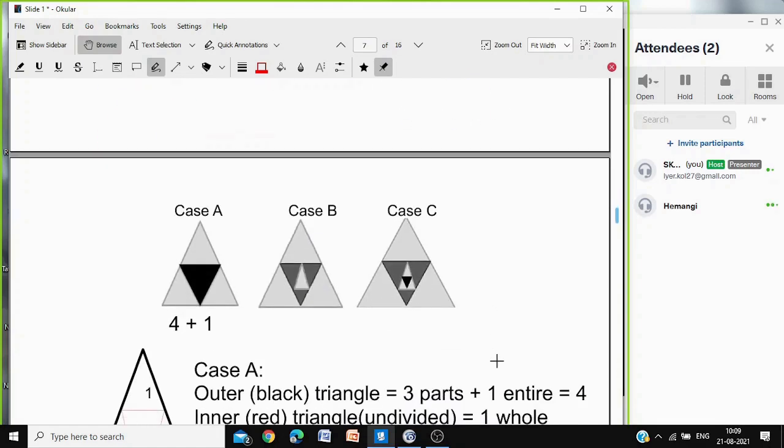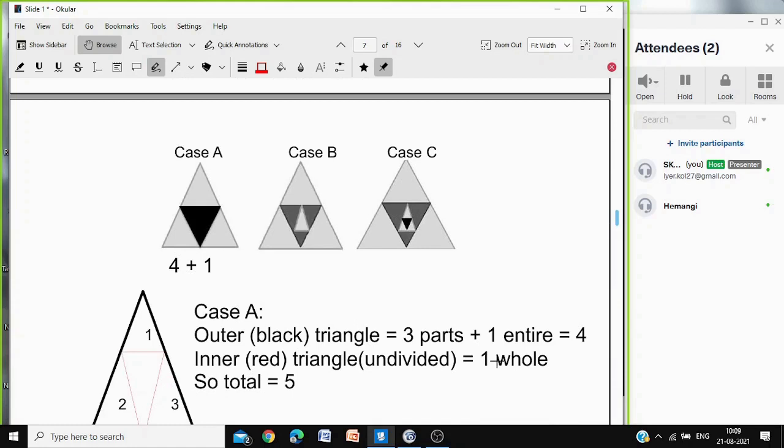Now see this one. This figure, how many triangles does it have? Now case A, we are taking case A, case B, case C separately. They are becoming complicated, means more triangles are embedded. Here you had only 1 triangle within another triangle. Here is 1 triangle within the second triangle within the third triangle. So it is getting complicated. So let us take case A.